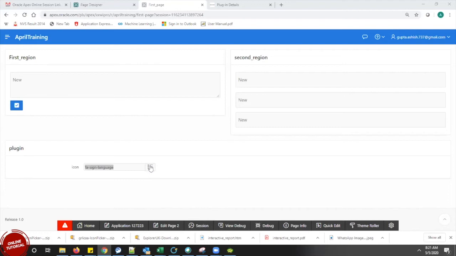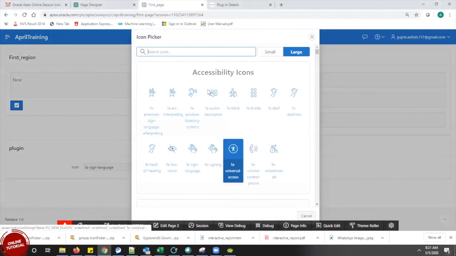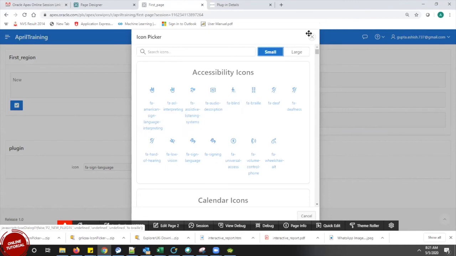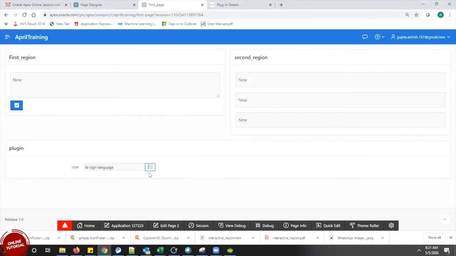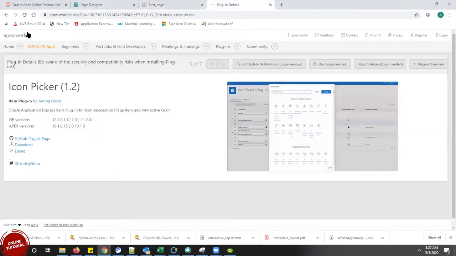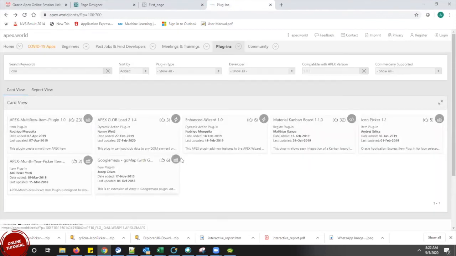This is just an example that we showed for this icon. Maybe it is not required for us, but maybe for some other scenario it would be required. This is just an example with the icon, but it is not like we have to. There are many different plugins that we can use that are useful as well.